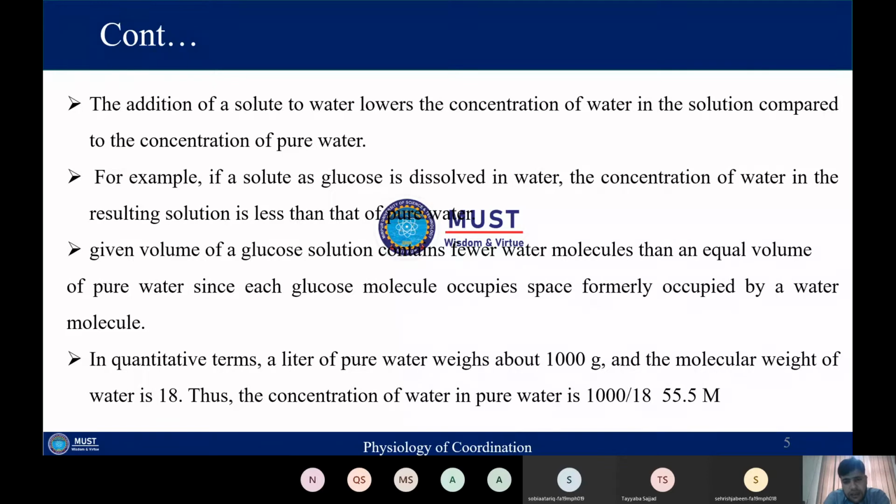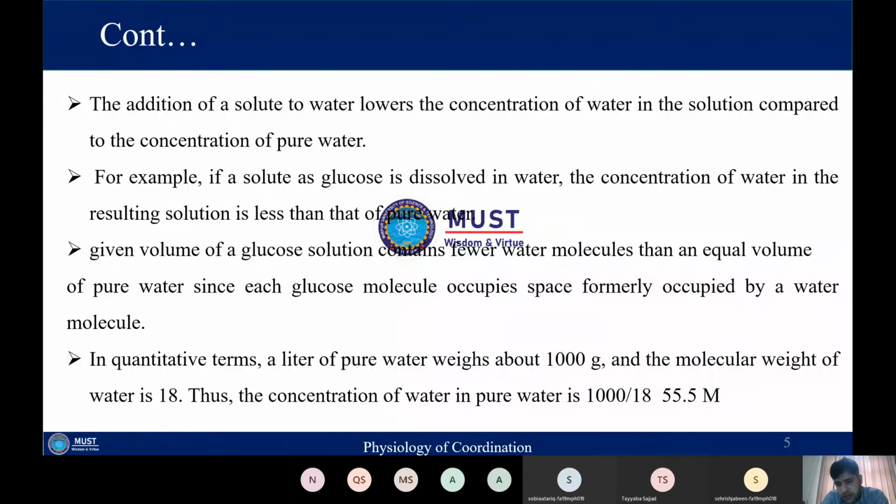because the glucose molecule will occupy the same space as that was occupied by the water molecule in pure solution. So if we take this in quantitative terms, for example, a liter of pure water, the weight of that liter will be 1000 grams, and the molecular weight of the water, as all of you know, is 18. And if we want to calculate the concentration, or molarity, of the water in pure water,